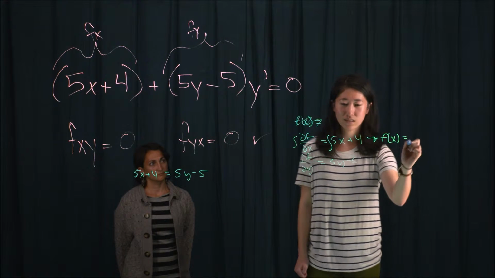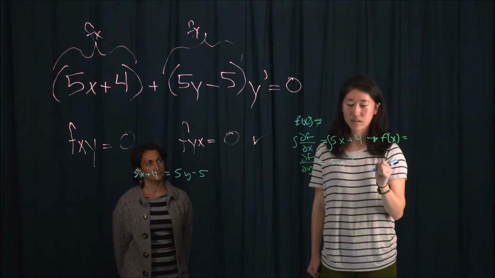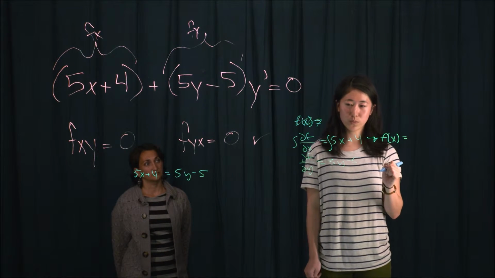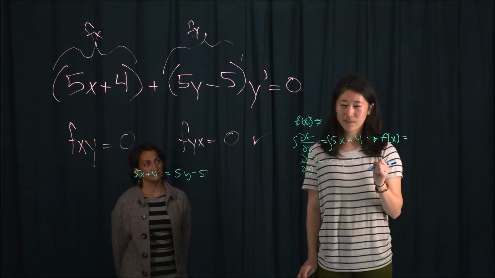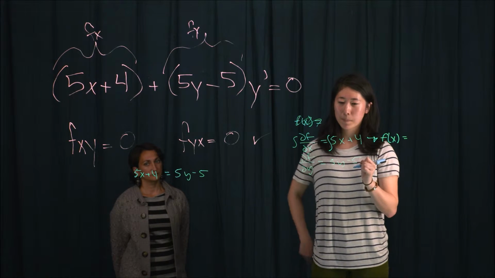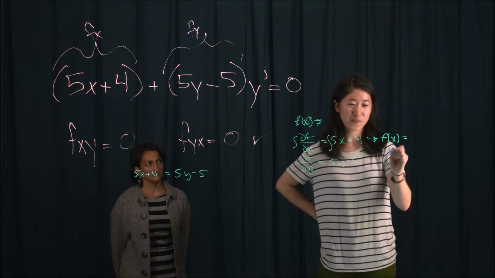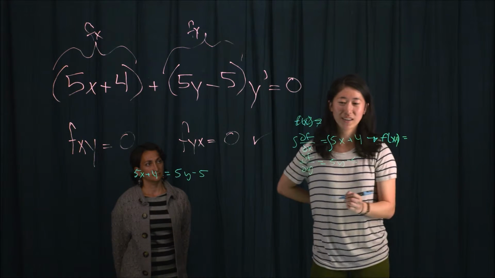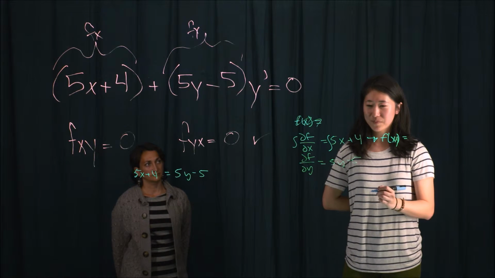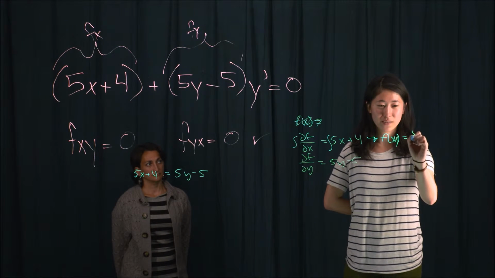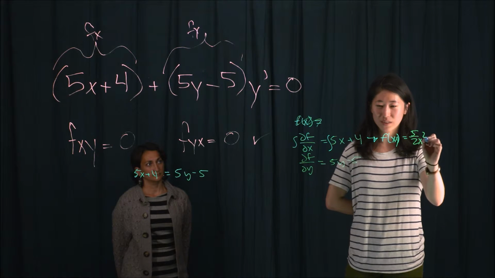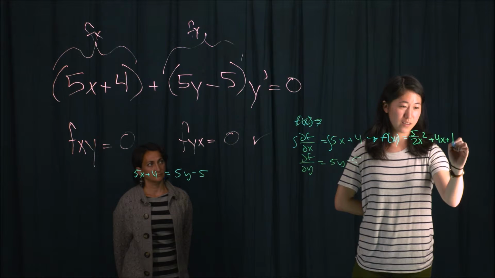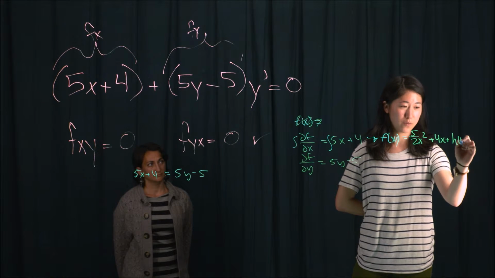x. Okay, so correct. So f is a function of only one variable, or is it a function of two variables? If it is one variable, how come we have f of y? Okay, so this would be f of xy. Yeah. Very good. And then this would be 5 half x squared plus 4x, very good, and then you would get a function of y,